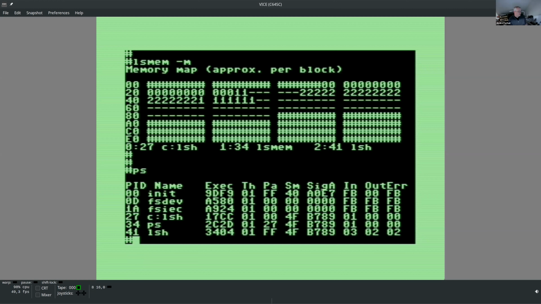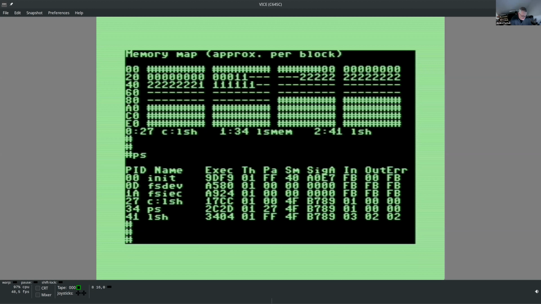You can see here this is the signal address, and it's all the same. The Commodore 64 only has one memory map, and it's not copied over. The reason why this works is because the library that handles the signals is re-entrant, which is why it needs its own separate memory area. And you can